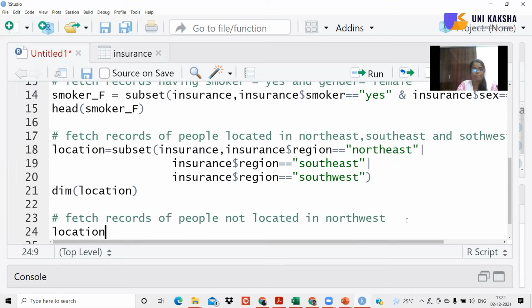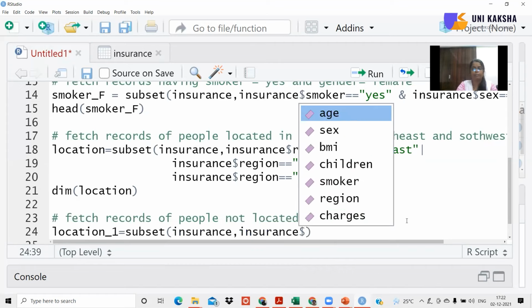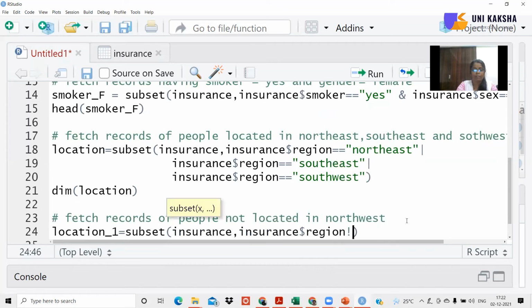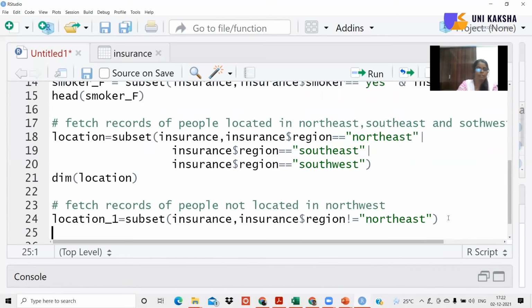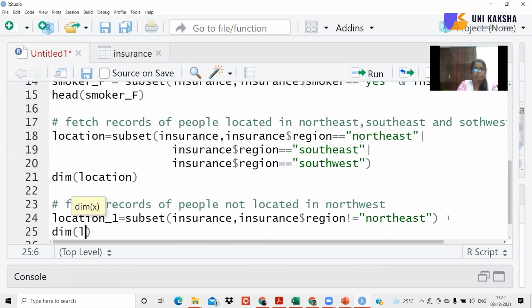So we can say that location underscore 1 is equal to the subset generated from the insurance data set such that the value of insurance dollar region should not be equal to Northeast. I just run this, and if you want, I can check the dimension of this location underscore 1.